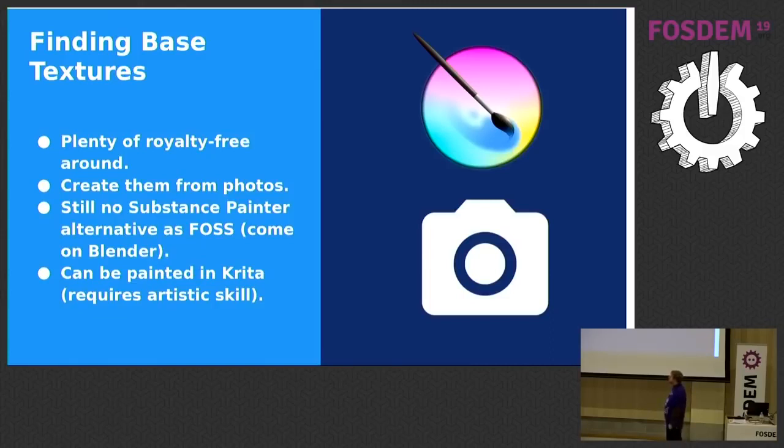I wish there was a Substance Painter alternative as open source, but there isn't yet, so we are waiting on Blender to do it. Hello, if anyone from Blender is here, please hurry up after 2.8 is out. It can also be painted with Krita. Many types of games use hand-painted textures. If you remember games like Wind Waker, they have very pretty hand-painted style textures. I wanted to go more in depth on that workflow of doing hand-painted textures in Krita, but the presentation was really long, and you really need artistic skill to do it. So I will probably skip it and one day extend on that.